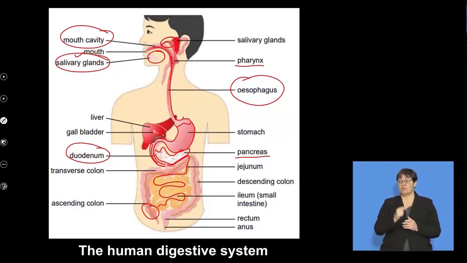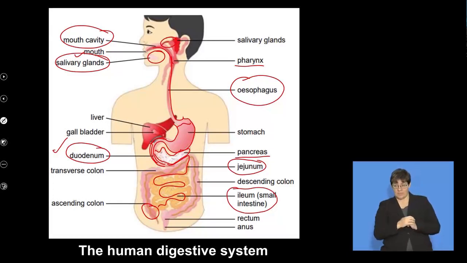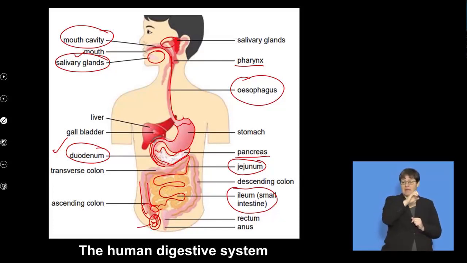The small intestine consists of 3 parts: the duodenum, the middle jejunum, and the last part that connects to the large intestine called the ileum. Okay? We then find that connection between the ileum and the colon is present here with a little structure that is remnant of an organ that we had in the past. And that little structure there is the appendix, which is not labeled here, but that is the first bit of